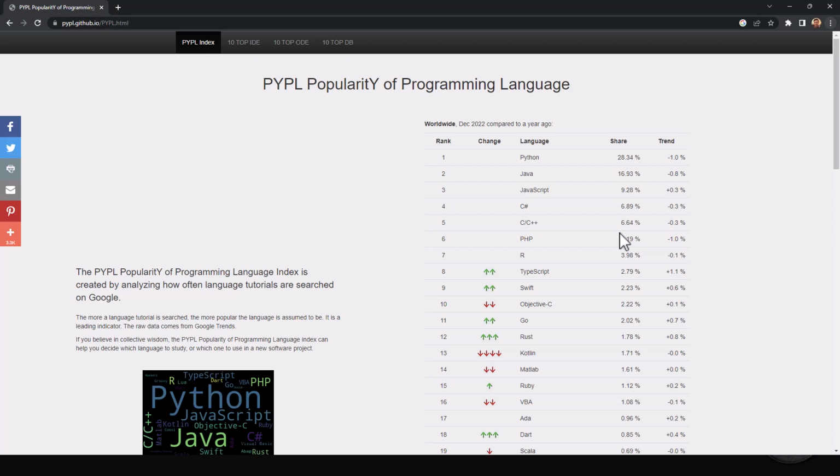On the number 1 we have Python, then we have Java and JavaScript, and Python is a pretty powerful language at this time, very popular, but unlike C Sharp, it's not a compiled language, it's interpreted, which means there is only a limited amount of things you can do in Python. And right now, because of machine learning, data science, it is all the rage, but it is not comparable to the raw power of C Sharp.